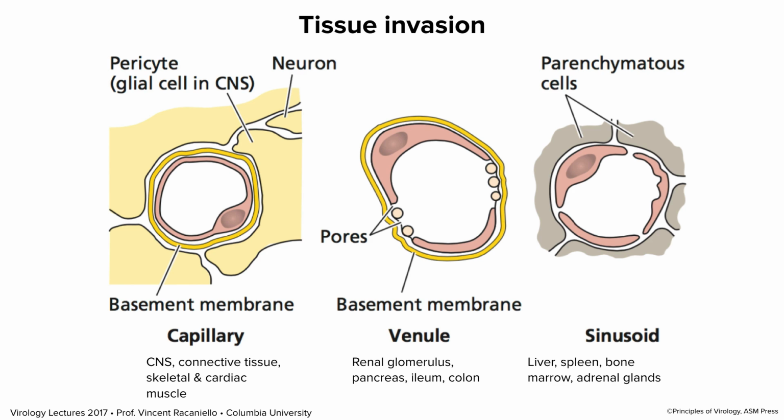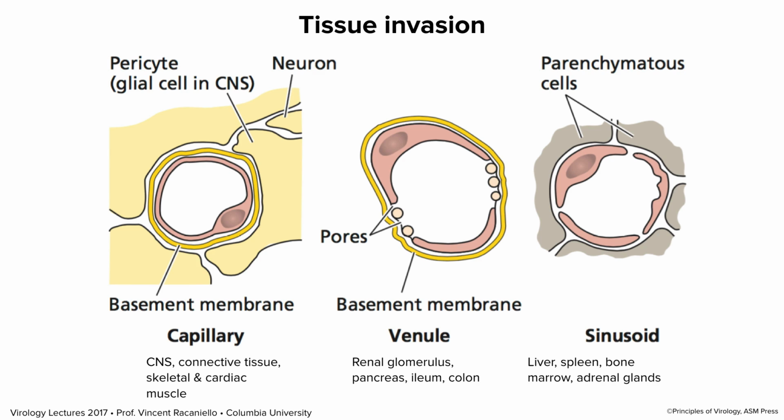The CNS in particular is very well protected. I'm going to show you in a moment a more detailed look at this. Then in the middle we have another kind of architecture where there are pores in the endothelial cells. So this blood vessel is made up of two endothelial cells, and there are pores in between them, and viruses can get through those, but there's still a basement membrane. So in order for traversal of that to occur, you have to have inflammation. You can have local infection of the endothelial cell, for example. That can cause release of cytokines, inflammation, loosening of the basement membrane, and the virus can get across.